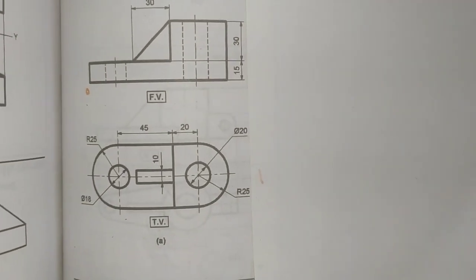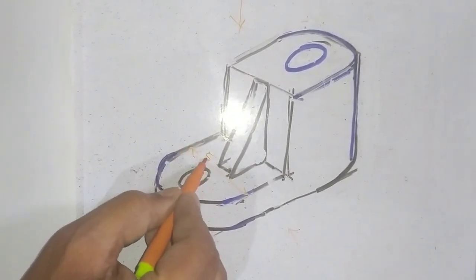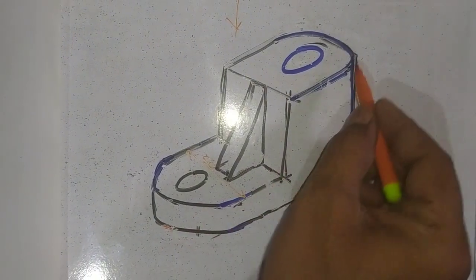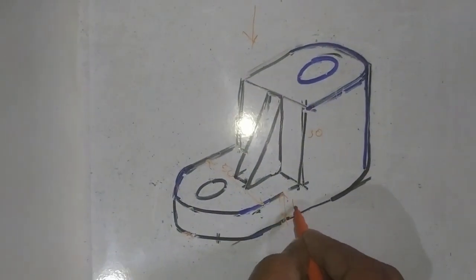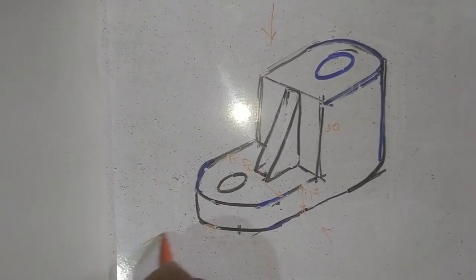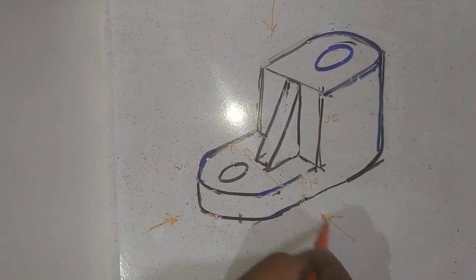Now if you see the side view here, what is this length? It is 50 mm. We know that this is also the 50 mm length. What is the height here? This height is 30, and this height is 15 mm. Now, if I draw the side view, looking in, this is the left hand side view. If you look at the left side, this is the front view.